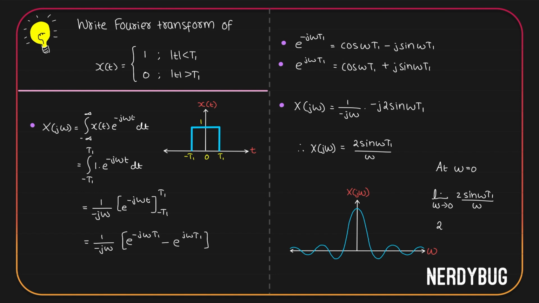So we'll write it like this: 2 limit omega tends to 0, sine omega t1 divided by omega. In the denominator, if I had omega t1, then this will be of the form sine theta by theta. So I'll put a t1 there. To cancel it, I'll multiply it with t1. Now what we have over here is of the form limit theta tends to 0, sine theta by theta. It is equal to 1. So the value becomes 2 times 1 times t1, or 2t1. The maximum value of this function is 2t1.